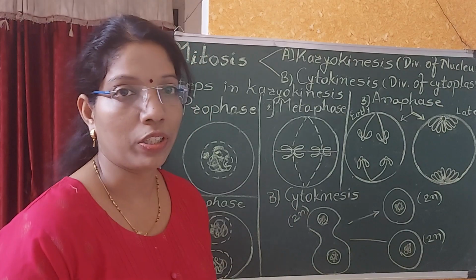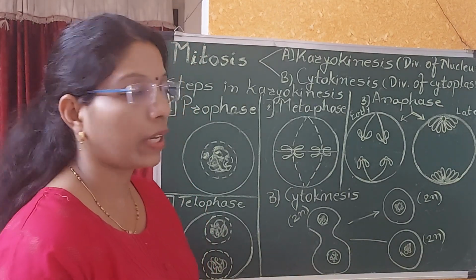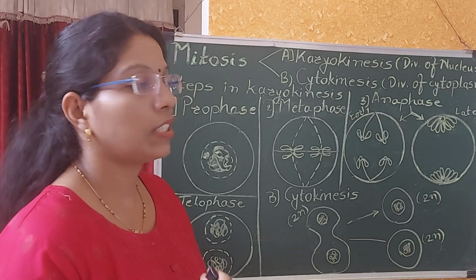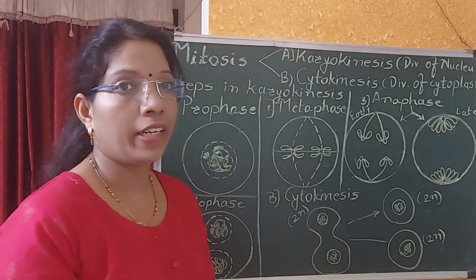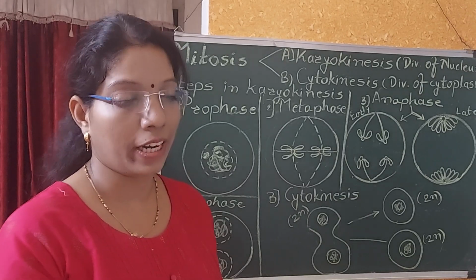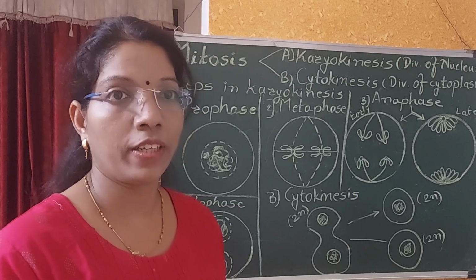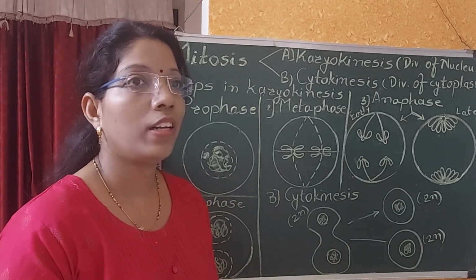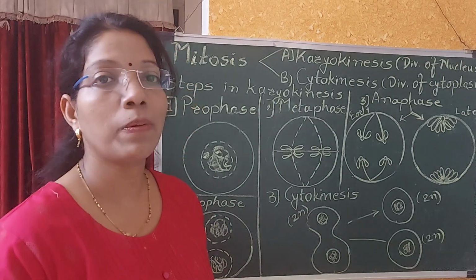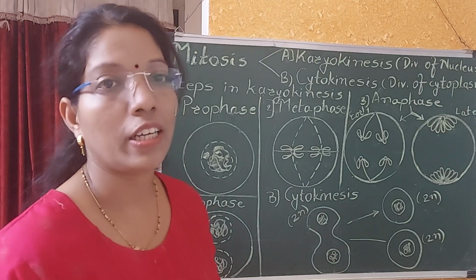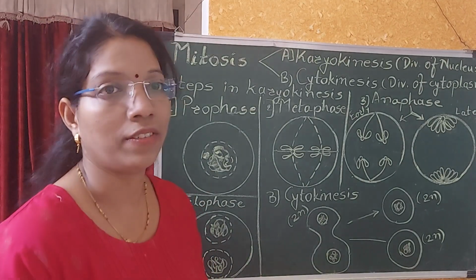That is also important for your 5-mark question. So this question is asked for 5 marks: explain mitosis, or you can be asked like this: someone is injured, and which type of cell division is going to occur for the recovery of that injury, and you have to write the answer. It is mitosis, and it is asked for 5 marks, to explain that cell division. So you have to explain mitosis with explanation and a diagram in this way.